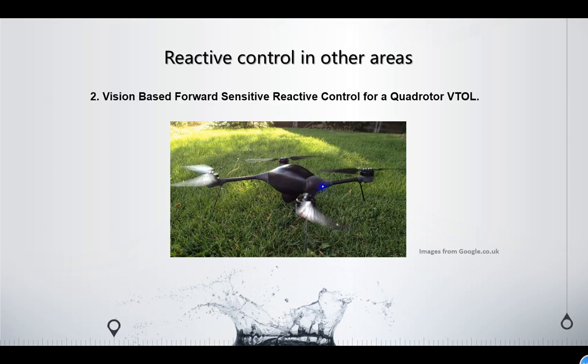And the other example is vision-based reactive control for a quadrotor vehicle. The aerial robots are deployed to perform tasks such as door-to-door delivery and close area inspection. Robots are required to travel through complex and disorderly 3D environments such as forests, garages, and sheds. However, classical reactive control is not look-ahead, but tends to rebound from obstacles rather than generate a smooth trajectory to predict and avoid impending obstacles.